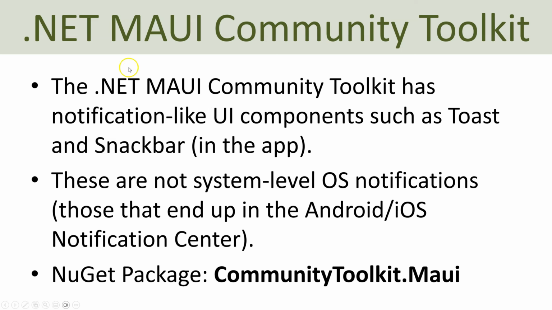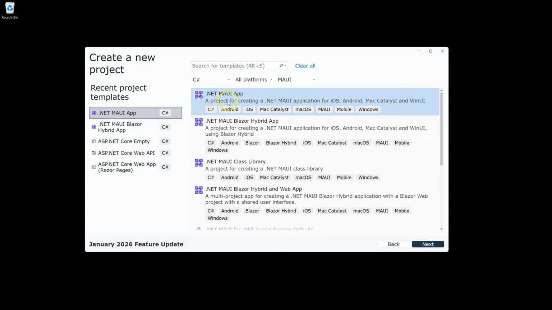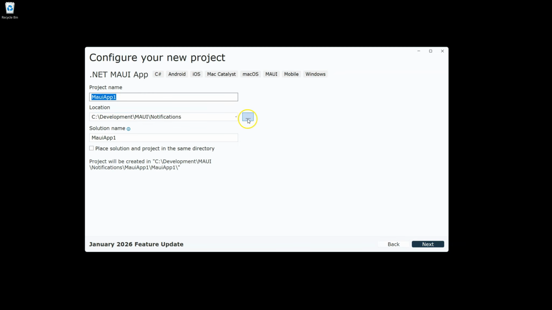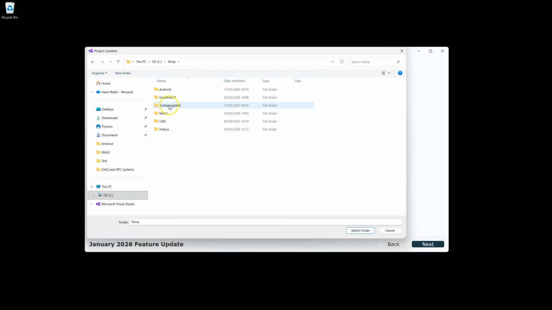So for app notifications, we can use this .NET MAUI Community Toolkit. These notifications are not system level, they only work within the app itself. In order to start using it, you need to install this CommunityToolkit.Maui in your .NET MAUI project. So let's start creating a new app using this .NET MAUI app framework. I just select the template in Visual Studio, click Next, I specify a location, I just put it here in a temporary folder